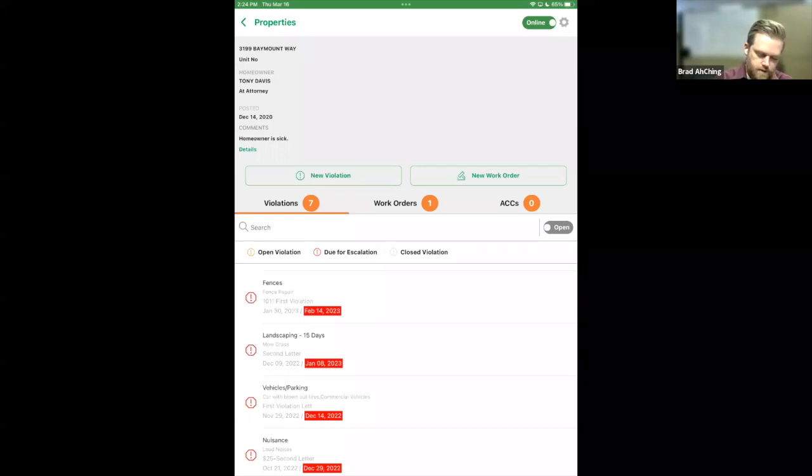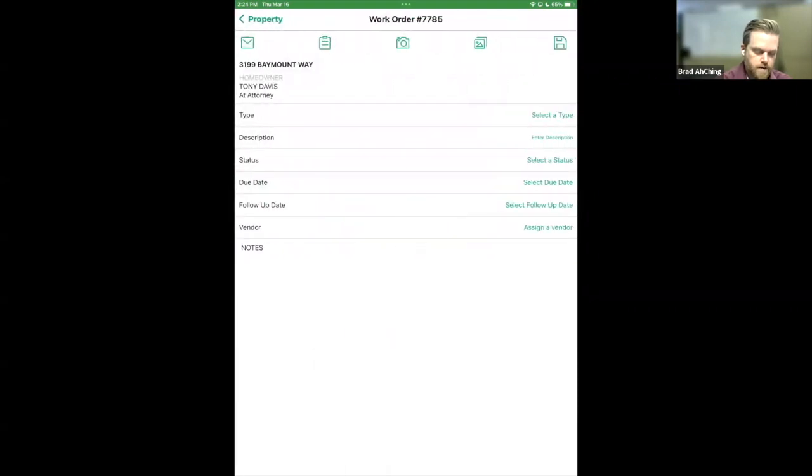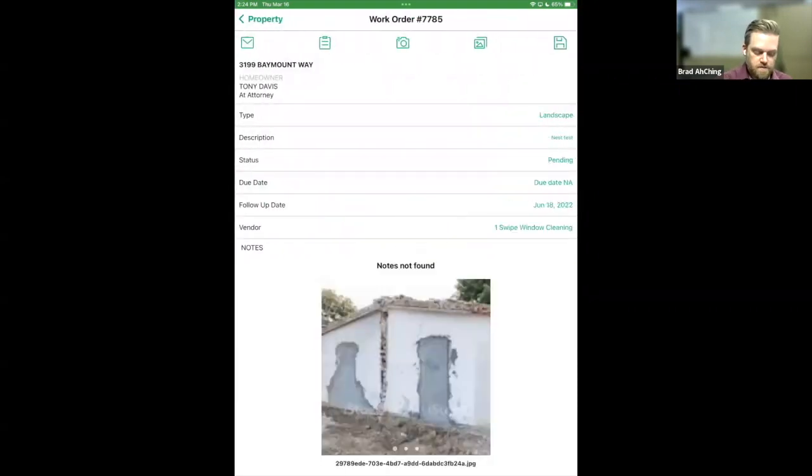All right, quickly go through work orders. Work orders is a similar experience where you can toggle this toggle to either open or all. This particular property only has one work order that is open, but that would also change that count to account for any closed work orders. And so any one of those work orders, you can tap into that work order record. It will let you see the work orders here, and the status of that work order,